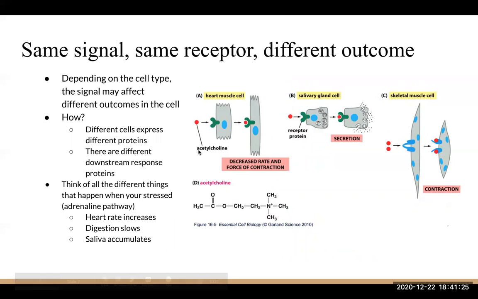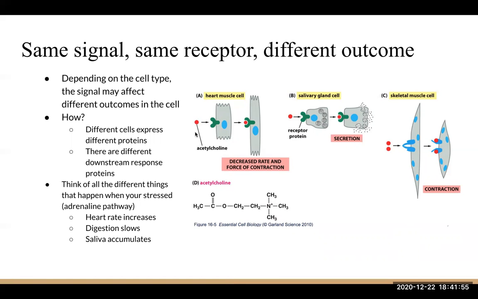Same signal, same receptors. Okay, so one signal does not signal for like one specific outcome. You could have the same signal, you could even have the exact same receptor, but depending on where this receptor is, like depending on what kind of cell it is, you'll have different outcomes. So acetylcholine is a very popular signal. Notice that acetylcholine could bind here to this receptor. This receptor is the same as this one, which is the same as this one,